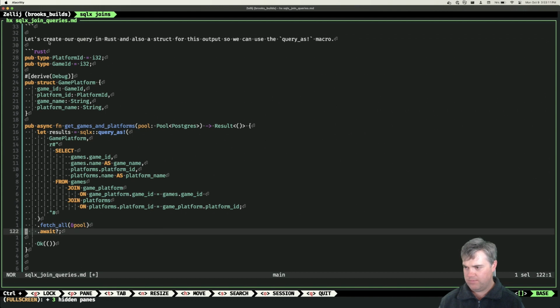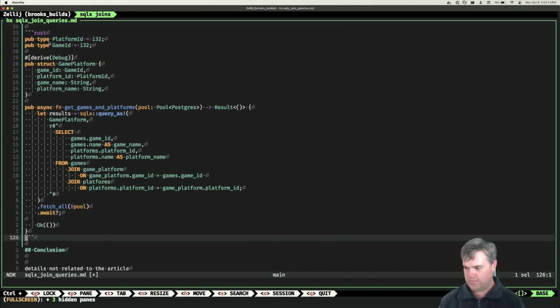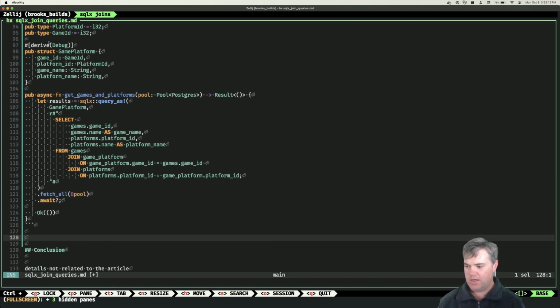Okay, so we've created two type aliases for the game ID and platform ID